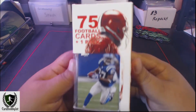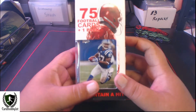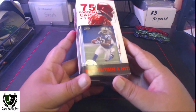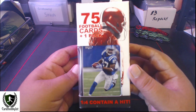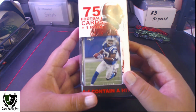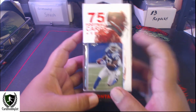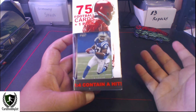Alright folks, back at the desk for a repack rip of Fairfield Football. This is not this year's Fairfield, this is last year's Fairfield, because you get the 75 cards and the 1 pack, while this year's Fairfield you get 50 cards and a bonus, whatever the bonus is. These are 1 in 4 contain a hit. The newer boxes where you only get 50 cards is 1 in 2, so better chances at a hit,